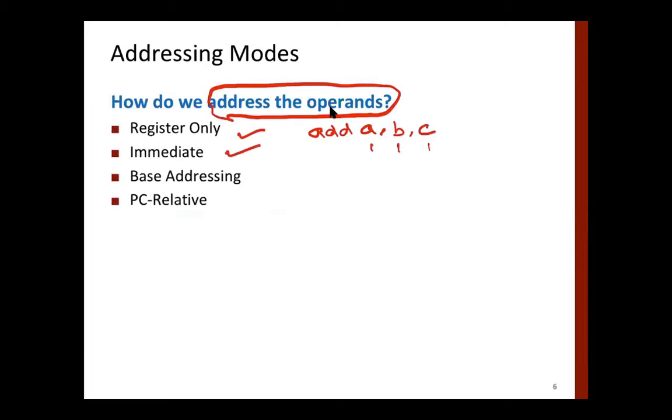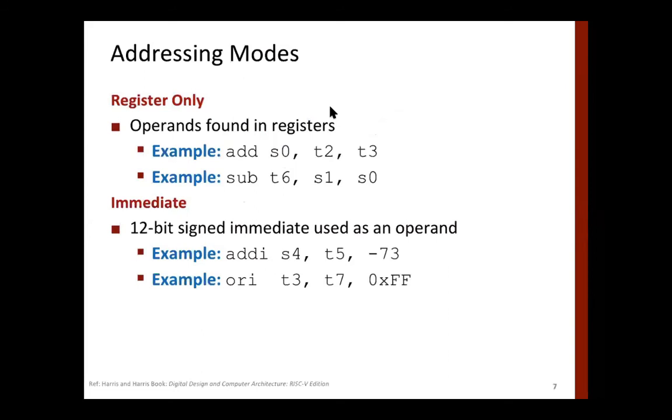Immediate type we have also seen, where the immediate field is part of the instruction. Then base addressing we have also seen, when we take a base register and take an offset from that. We have used it several times, for example in load and store, where we have the base register concept. Also when we jump, for example, we have a base register. PC-relative addressing we have seen in the case of branch as well as in other instructions.